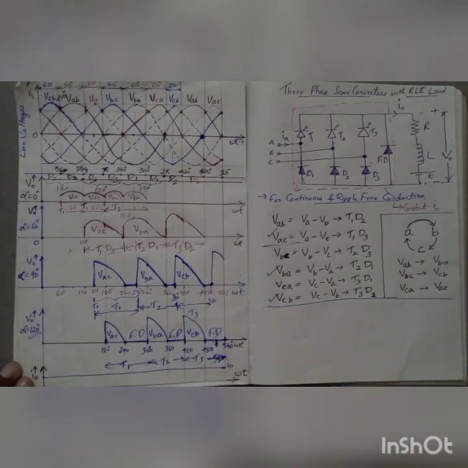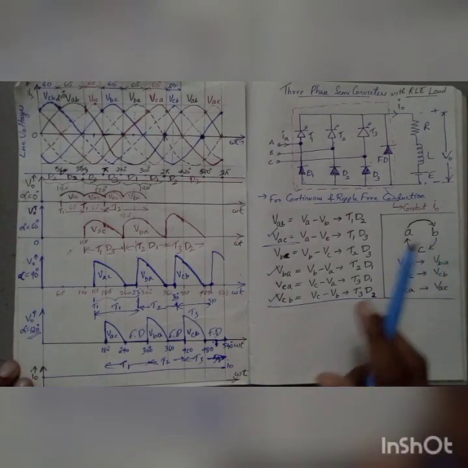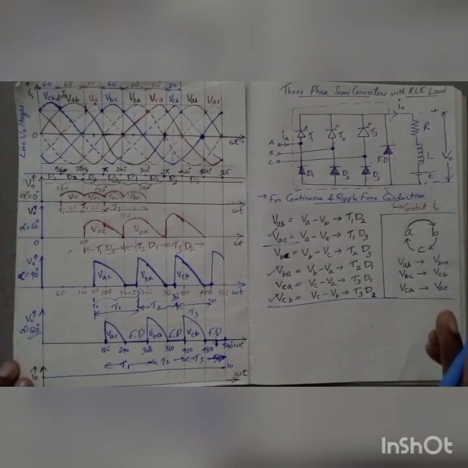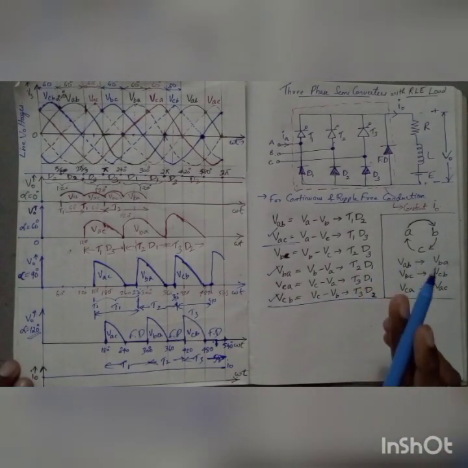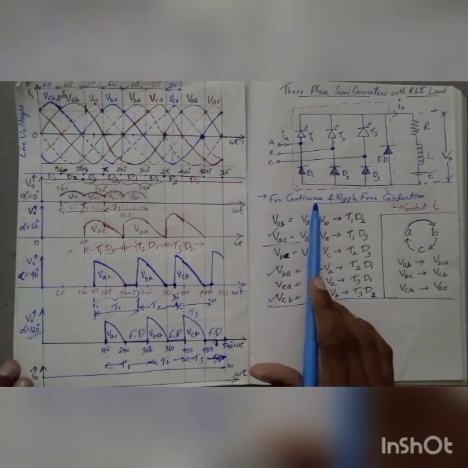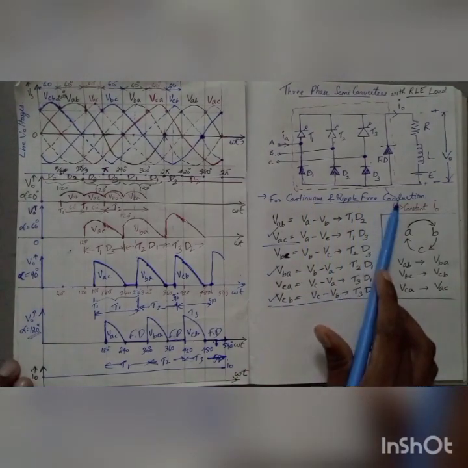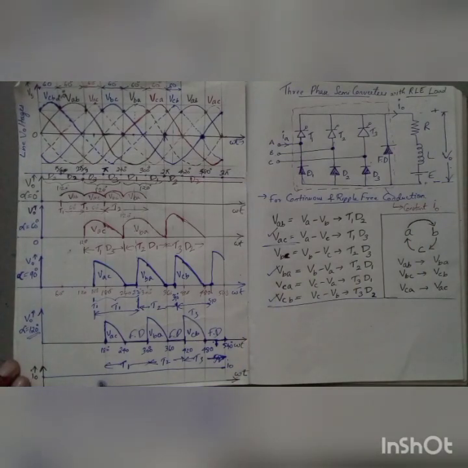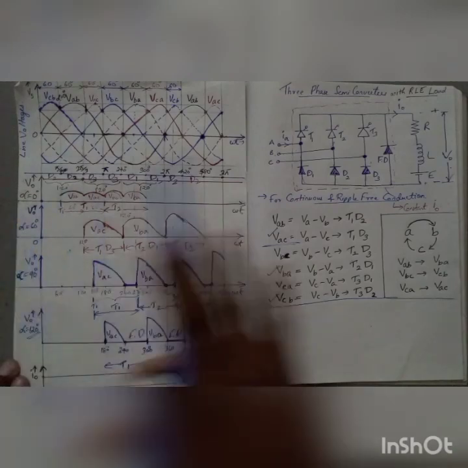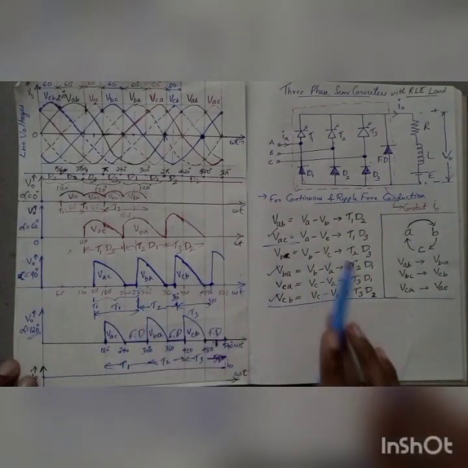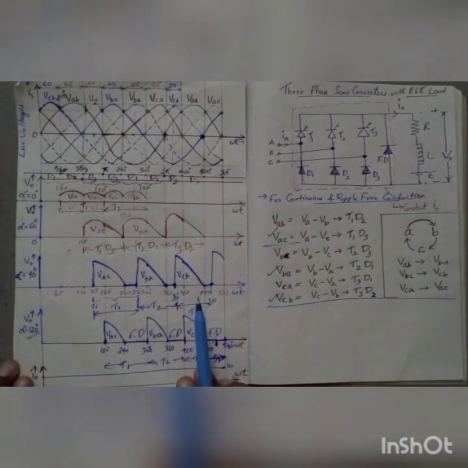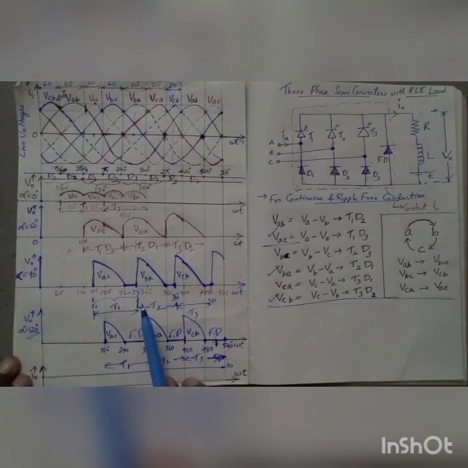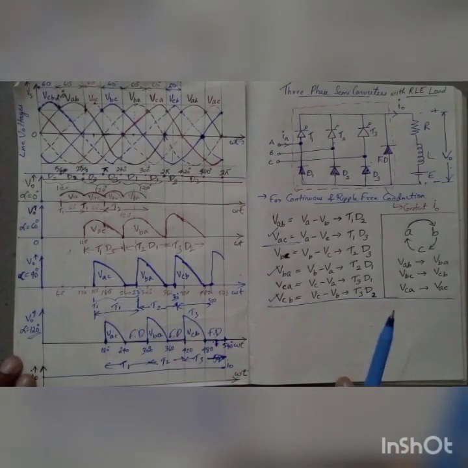So there will be points at which I0 becomes 0 for discontinuous current, but according to the syllabus, we will have to discuss only the case of continuous and ripple free conduction. So I0 will be constant throughout the period. With that assumption, we have analyzed all the waveforms. So for any firing angle alpha, V0 can be drawn. Hope it is clear for you.